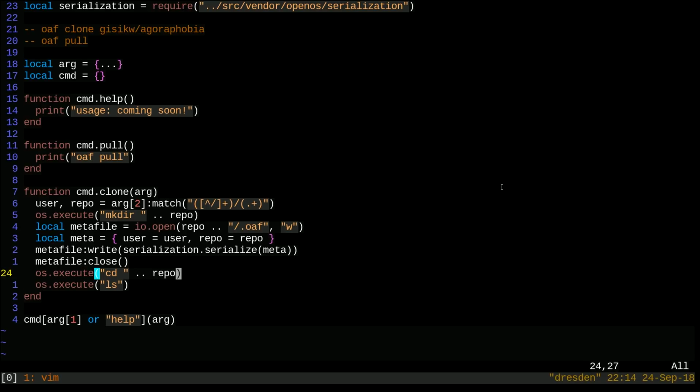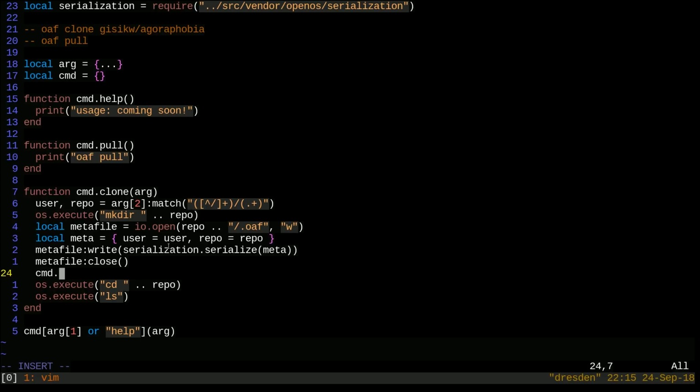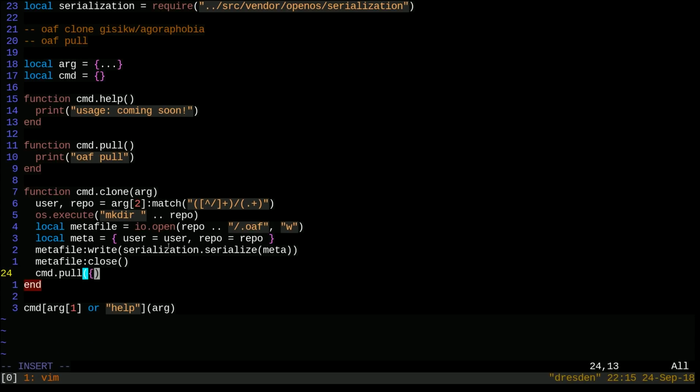Okay, so the reason that this is a little bit annoying is that in theory we want to just be able to run pull. Well, we want to run pull from within the directory because it's going to be looking for this .oaf file in the current directory. But I can't just say command.pull, because then it's going to look for the directory that we're currently in, not the one that we just created. But I think, let's just go ahead and pass an override. So we'll just say